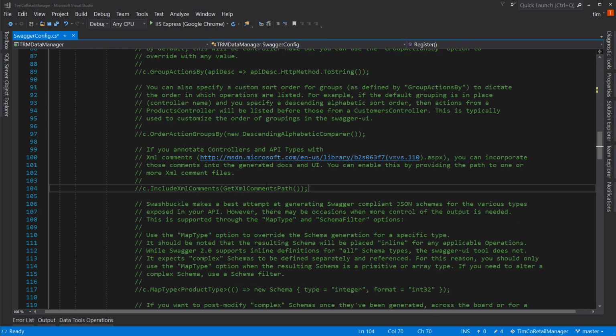This is one that a lot of people do, and I'm not going to do. Now the idea here is that you uncomment this line, and then you can use the XML comments that are above your method names as the documentation that Swagger pulls, which sounds great. The problem I